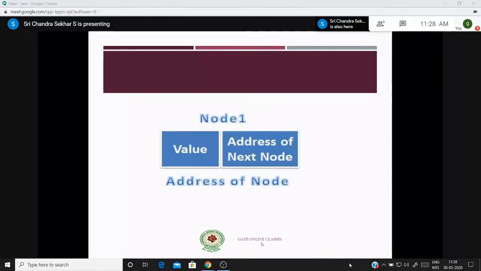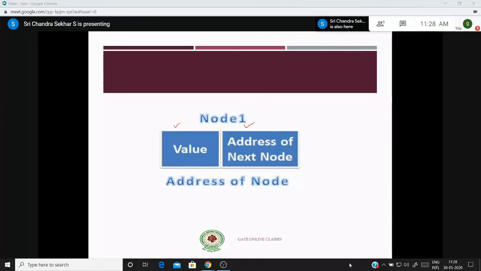For the previous structure which we have created, this is the node that is created. This is just an assumption, right? We assume that this is a node, with the value part like this and the address part like this, but in actual memory the representation looks different. Why?